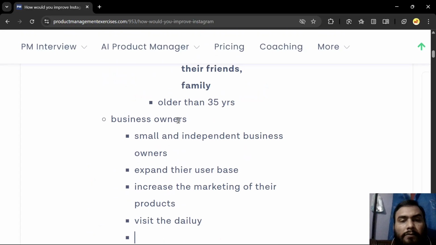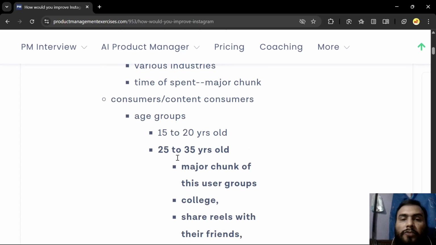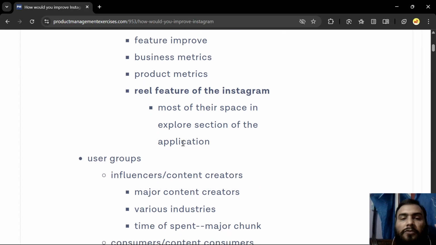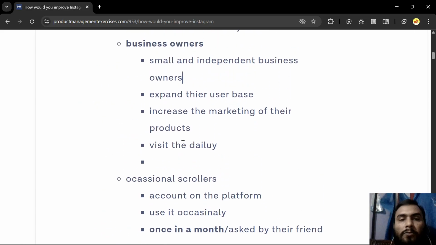Okay, so I think we will choose this group, business owners, as our priority. We will choose this because of the nature of the problem that we have selected, the explore section space. They would be more related to this problem, because this user group is looking to market their products, sell their products, and find content that is relevant to their product.